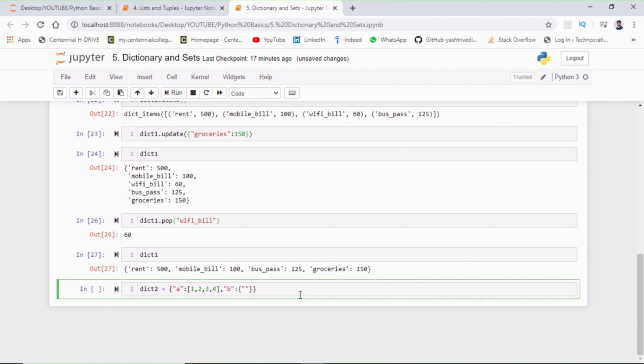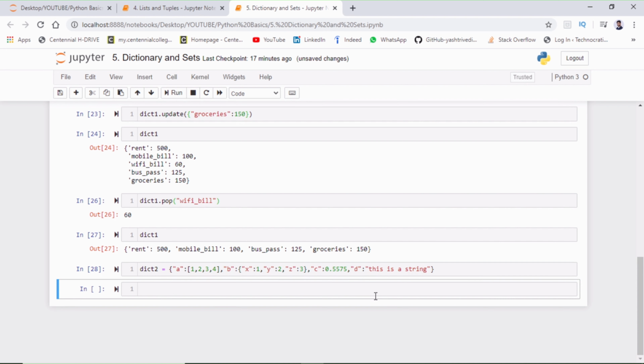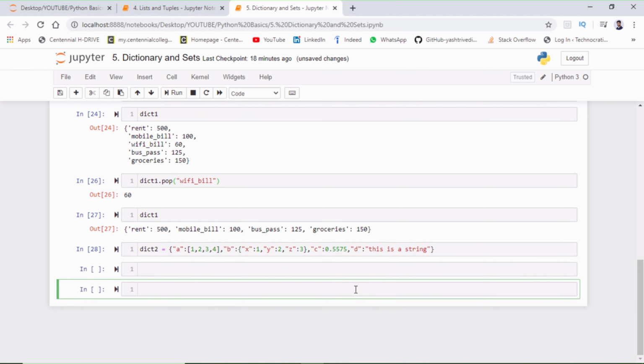So it is having some value X, Y, and sorry, this has to be inside, okay, Z and 3. And for C I'm having some floating value, and at last D I'm having a string. This is a string. Okay, let's run this one and let's check out our dictionary too.